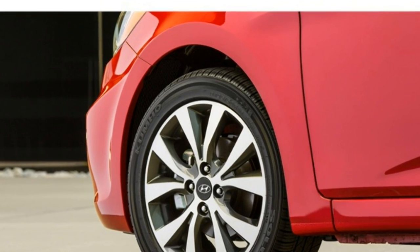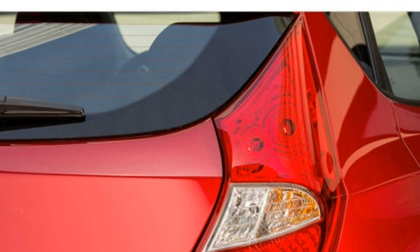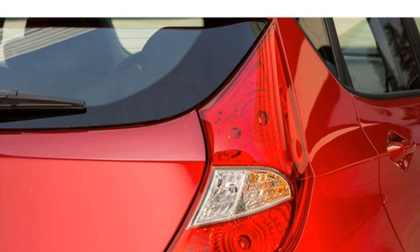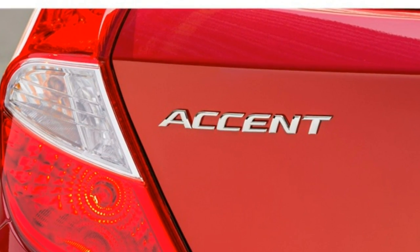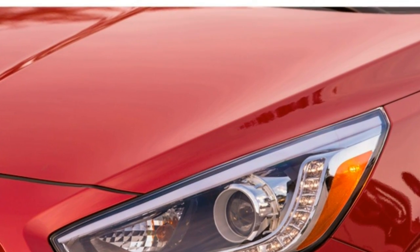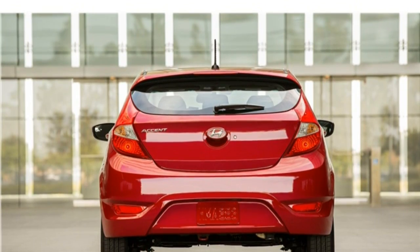The 2017 Hyundai Accent provides a smooth ride, and hatchback models have excellent cargo space for the class. The Accent is backed by one of the best warranties out there, and it has one of the lowest base prices in the class. However, it has poor safety scores compared with class rivals and doesn't offer much in the way of features. The 2017 Accent has some good attributes, and it's always nice to know that your car is